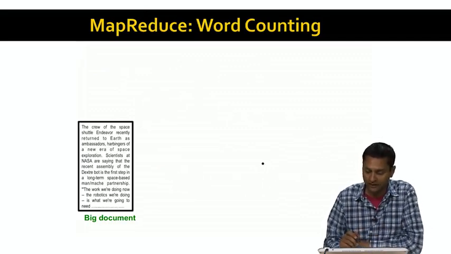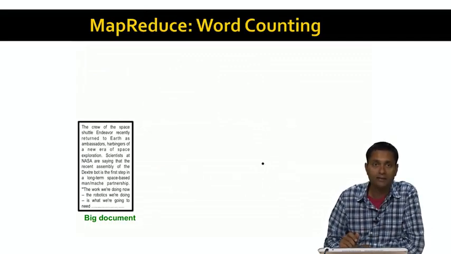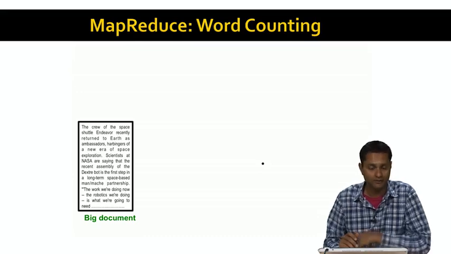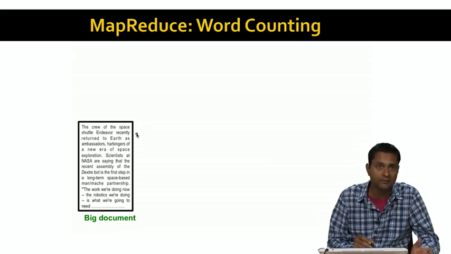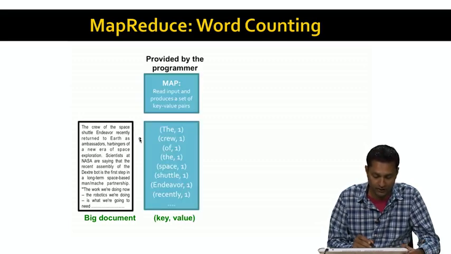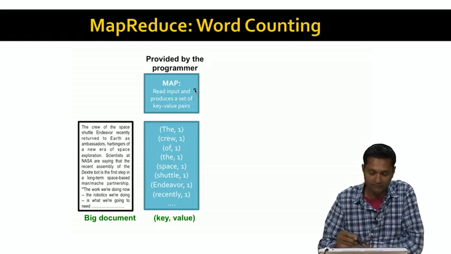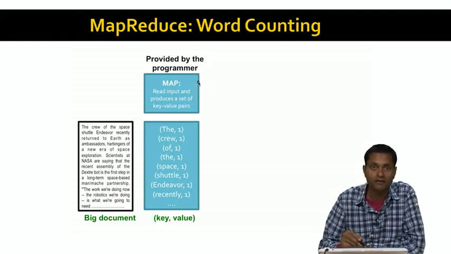So let's look at the word count example and run that through the MapReduce process again. Here's our big document, and I hope you can see the text of this document, but it doesn't matter. You can see that there are words in there, so we're going to take this big document and we're going to take the map function that's provided by the programmer. The map function reads the input and produces a set of key value pairs,